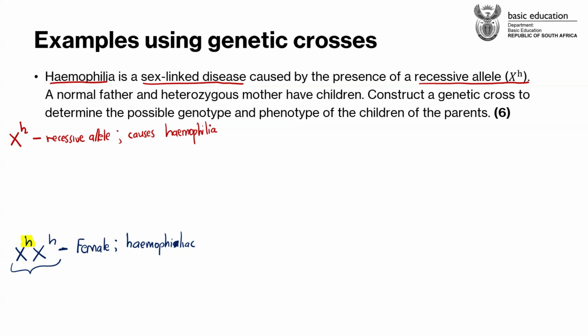All right. So when you've got small letter h like this, you guys can see that both of these are recessive. So this is kind of a homozygous recessive type of scenario. And you guys already know that for the recessive allele to be shown in the phenotype, it must be associated with another recessive allele. Okay, so you can say that this is a female and she has hemophilia.